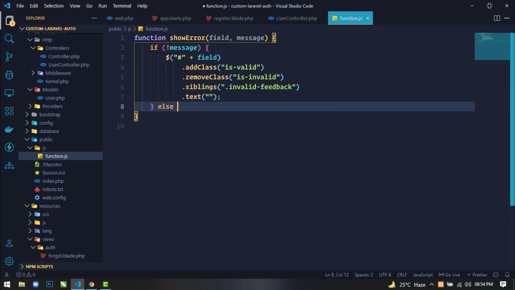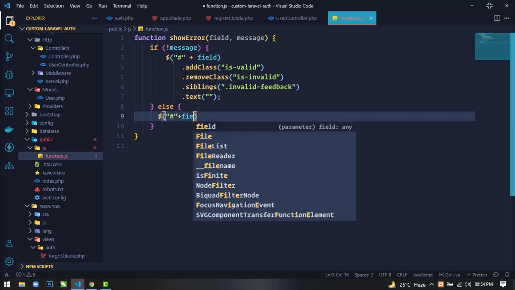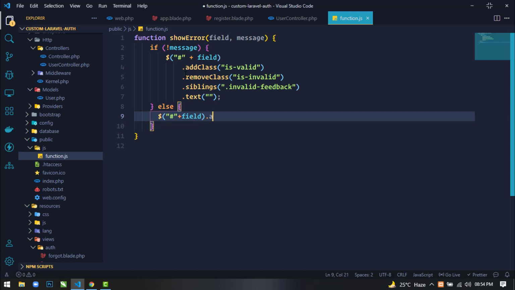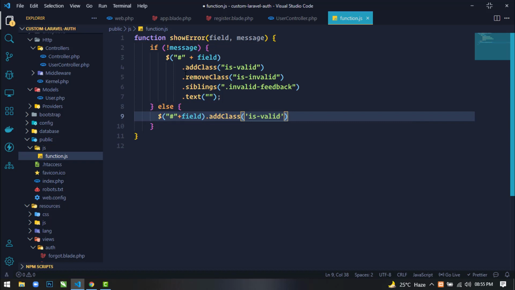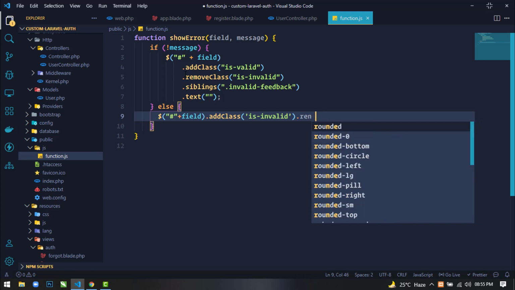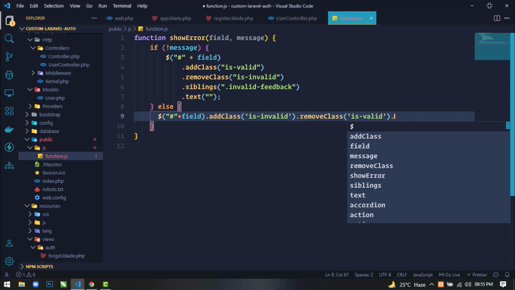Now in the else condition, if there is any error message received from the server, then in this case we will select the field, and then we will use addClass is-invalid, and we will remove the class is-valid, and we will display the message in the invalid-feedback div.